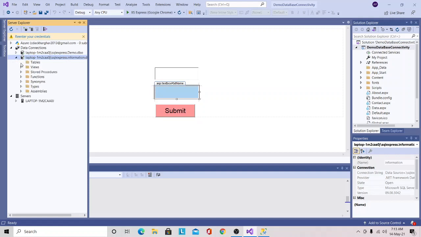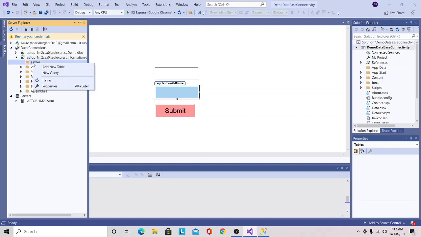Now I will select the Tables. I will simply right click on Tables and I will click on Add New Table.